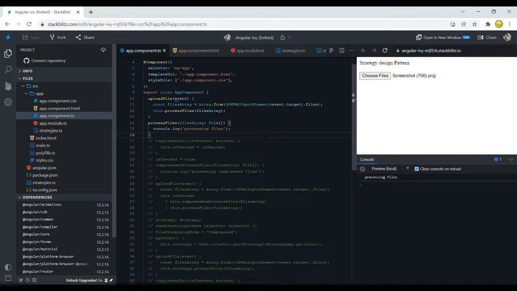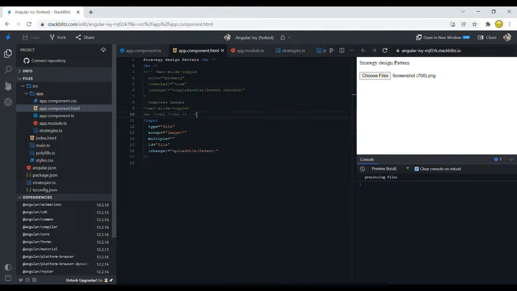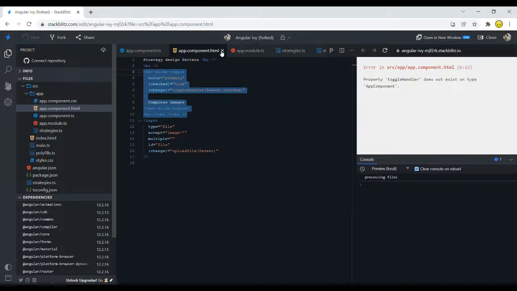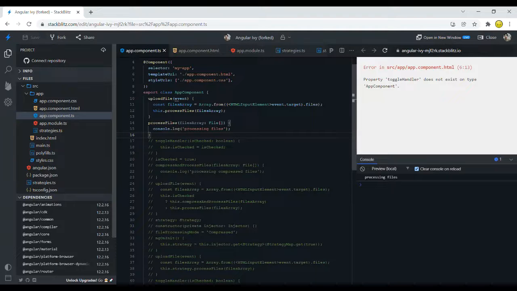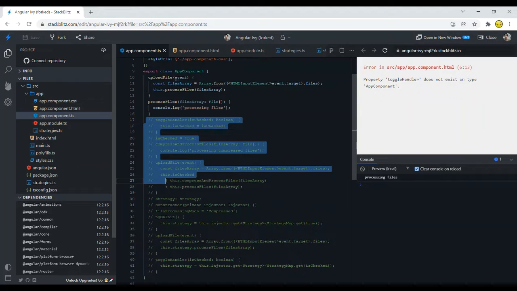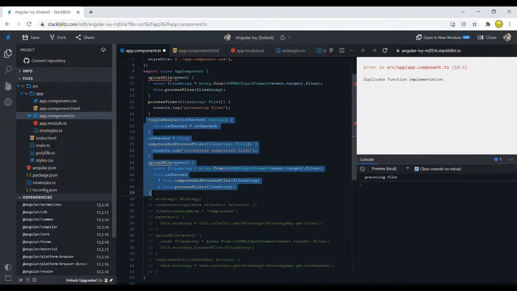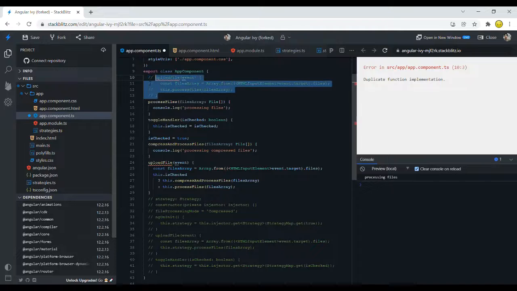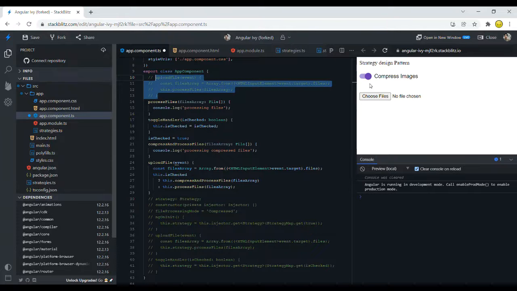Now the requirement changes, and the new requirement says that we should add a toggle here, and based on the toggle we need to process the files. So you can see this is the toggle, and now if I choose the file, then it should be done based on compression processing, and if it is unchecked, then in that case the file should